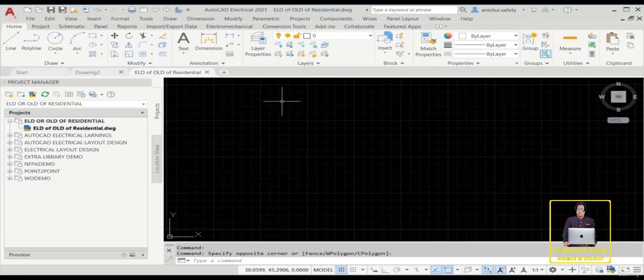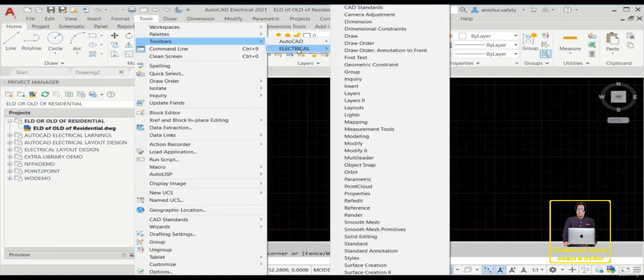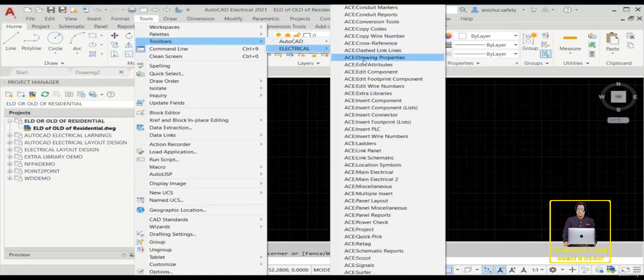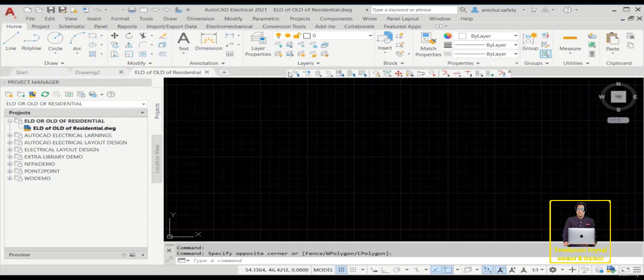Suppose we will add another toolbar, just like toolbars. Suppose we want to add an ACE main electrical toolbar. This toolbar is a shortcut menu of our electrical cables and others, and we are saving this. Okay,